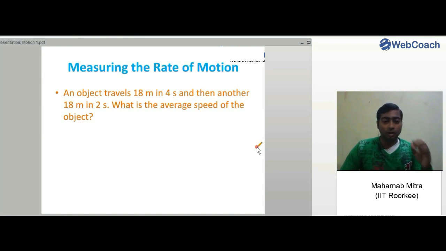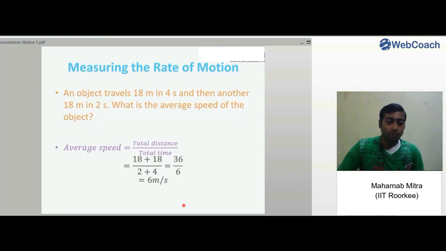Okay, so let's do one example. An object travels 18 meters in 4 seconds and then another 18 meters in 2 seconds. What is the average speed of the object? Now if you try to do 18 divided by 4 and you get the speed, 18 by 2 you get one more speed, and then take the average, your answer will come out to be wrong. Now what you should do,